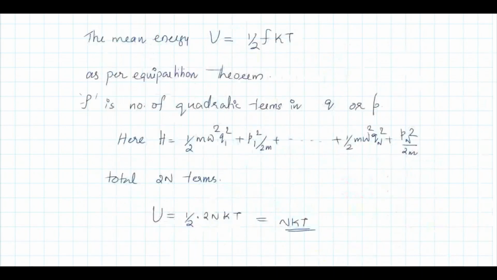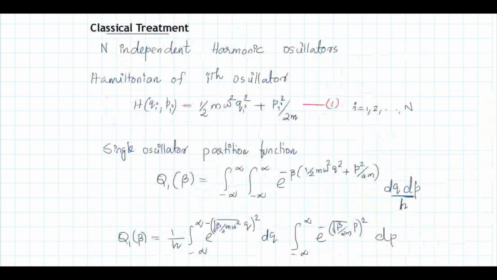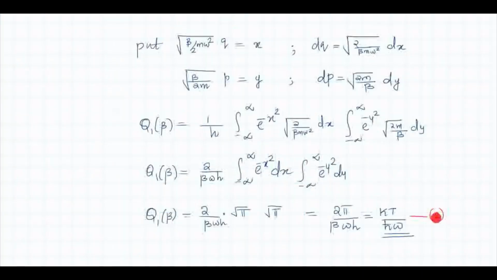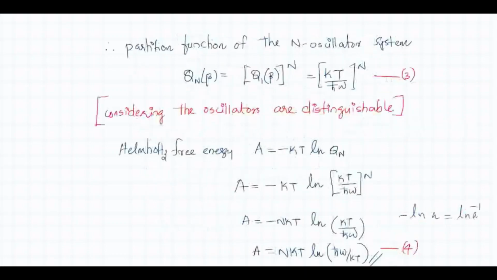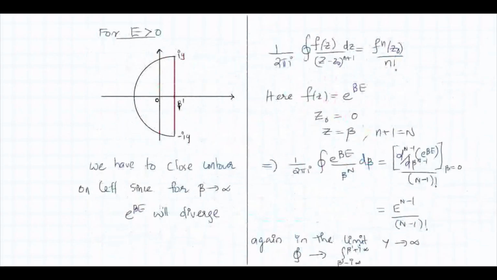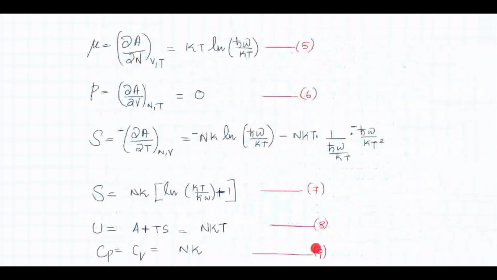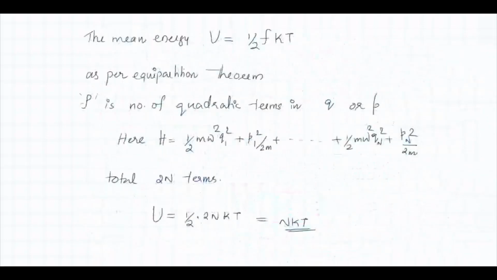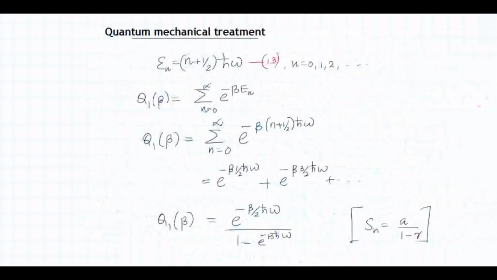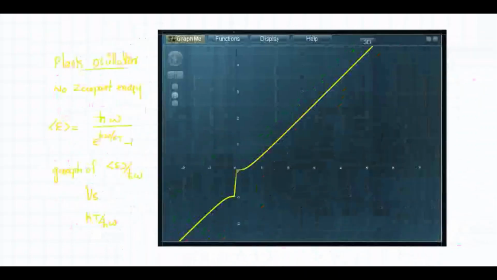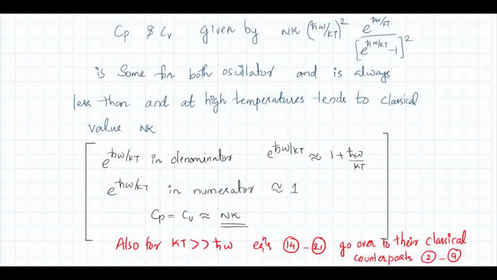What are their classical counterparts? The single particle partition function, that is equation 2, up to equation 9, Cp and Cv, it is equation 9. So we can say that the quantum mechanical equations reduce to classical equations